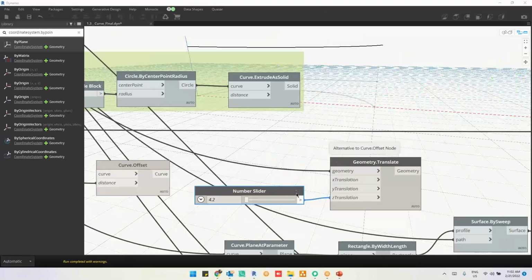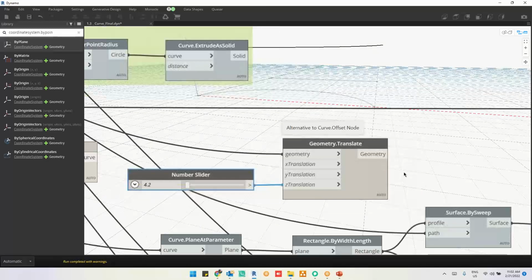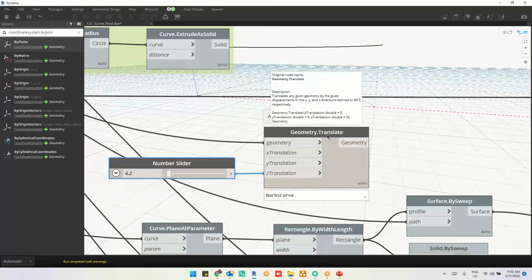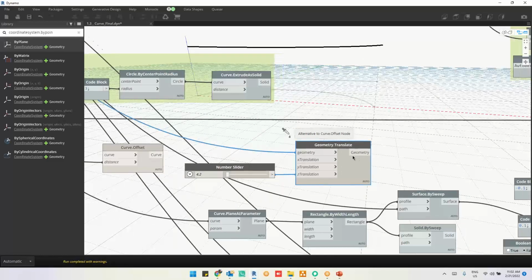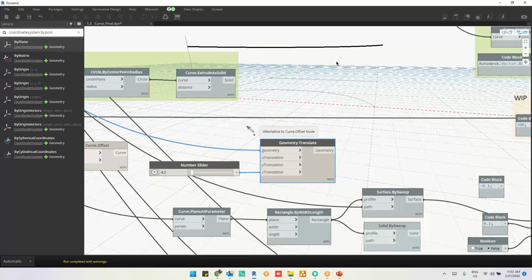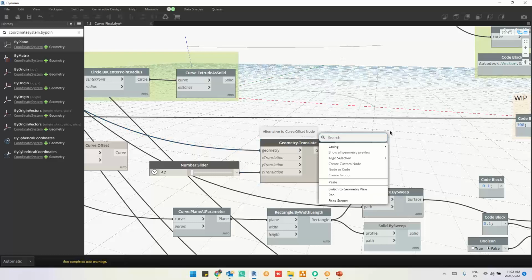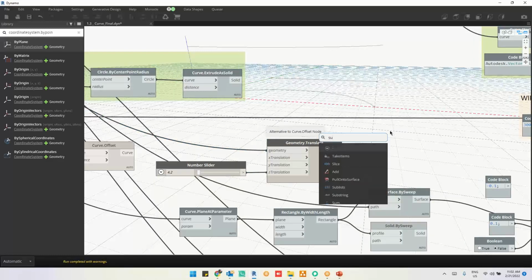Anyway, we are going to use the Geometry.Translate node, right? We are using it. We have a lot of these kinds of nodes. Don't worry. So Geometry.Translate. Now I have this curve and I have the basic curve. Now if I want to convert this curve into a surface, so Surface.By